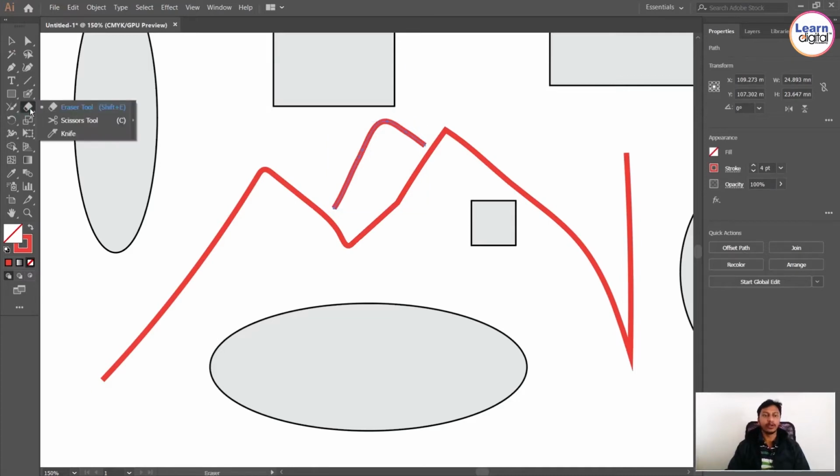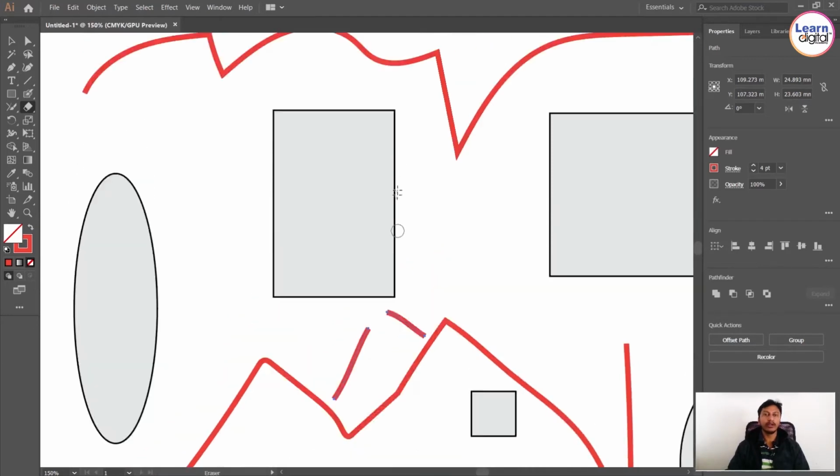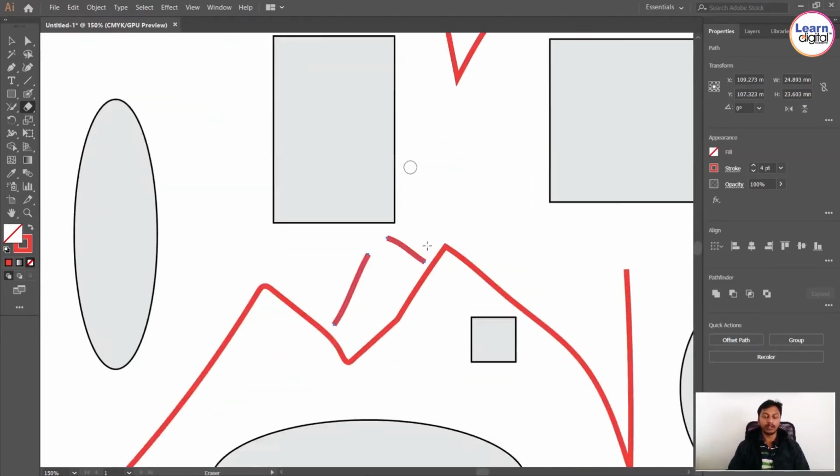Then the next one is the eraser tool. You can see what the eraser is. In normal life, you know what an eraser is. Here also the eraser will work exactly the same, you just need to erase. From whichever direction you want to erase. You can see currently if I'm erasing, it's not even working on the things.